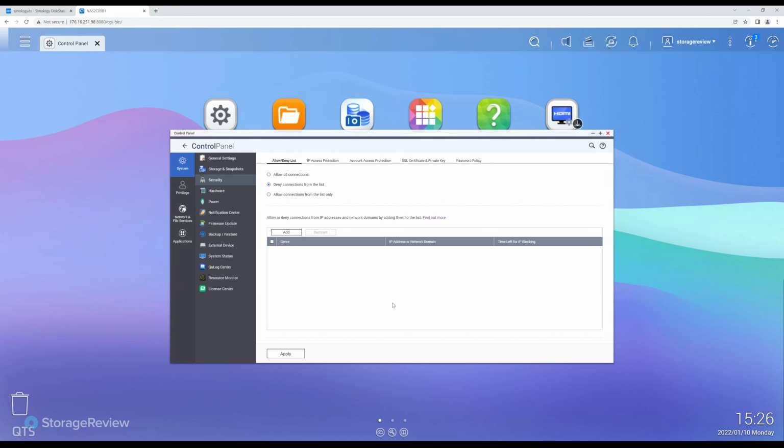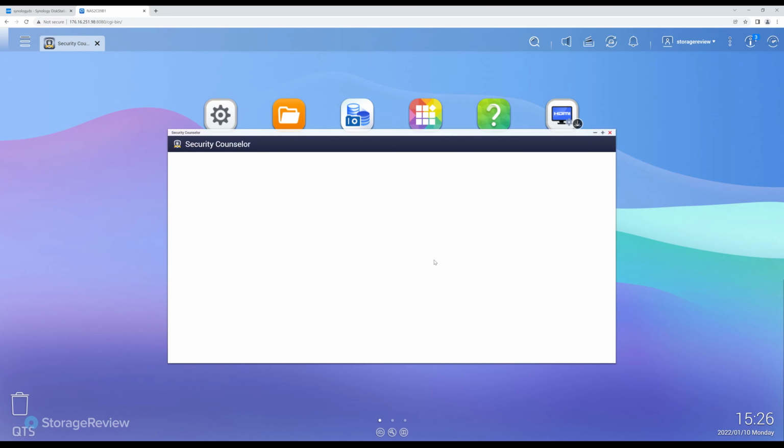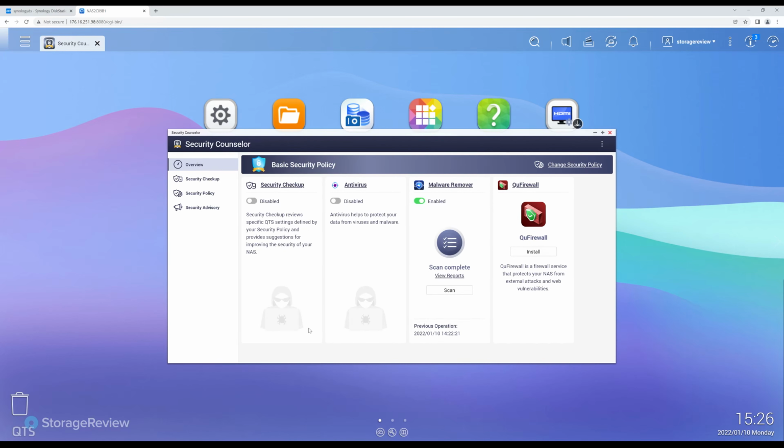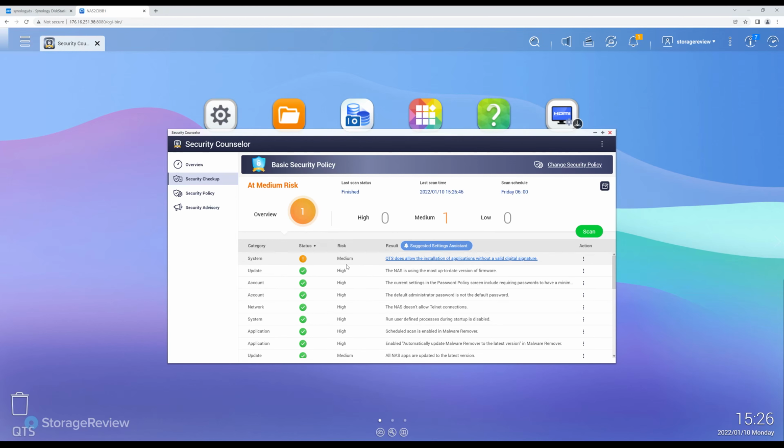They've got a little security consultant app through QNAP. Here you have to install it, and it was on here by default. This one I just brought up from a base install, so we verified I had installed it again. It's this little security counselor guy, and you select what type of policy you're going to be going after. Click Scan Now, and it gives you a basic checkup of what things are enabled and guidance on what to disable. So in here, it says QTS does allow the installation of applications without a valid domain signature, which